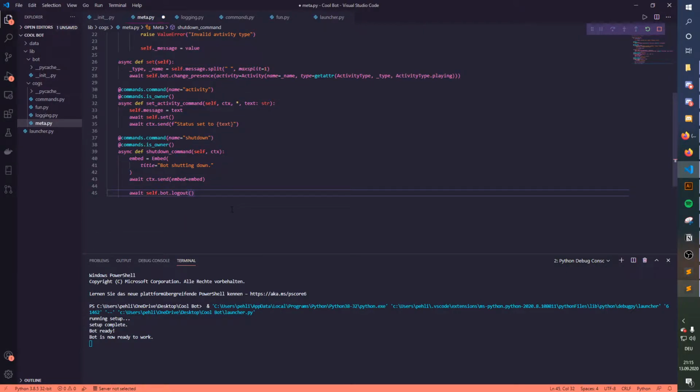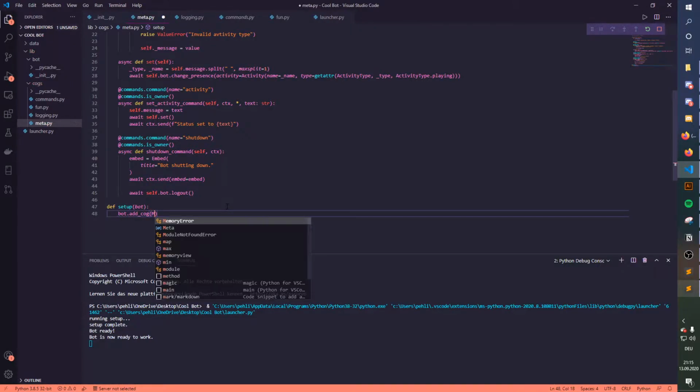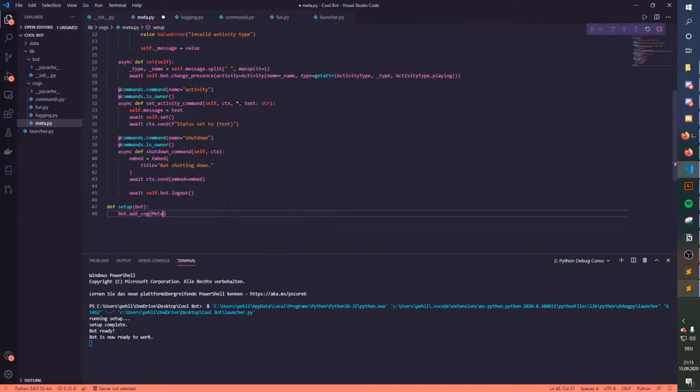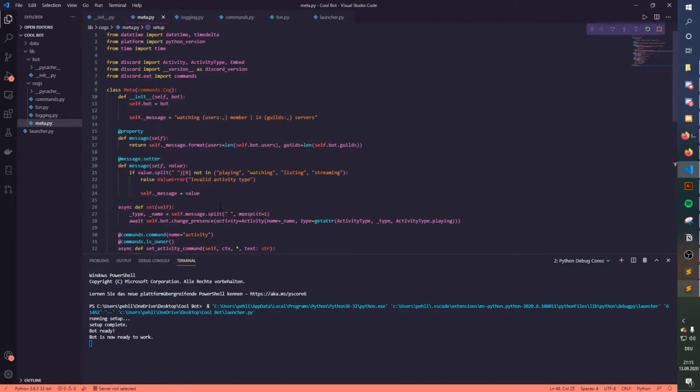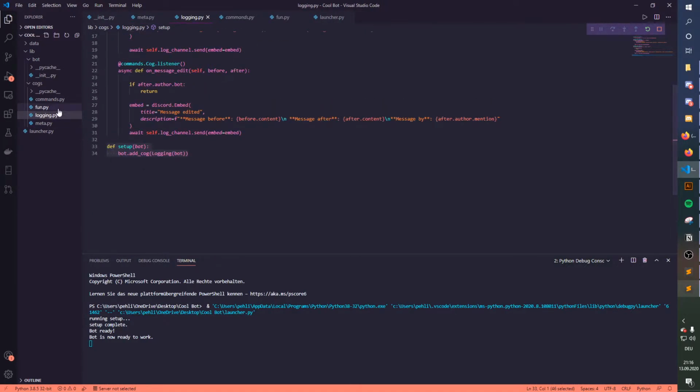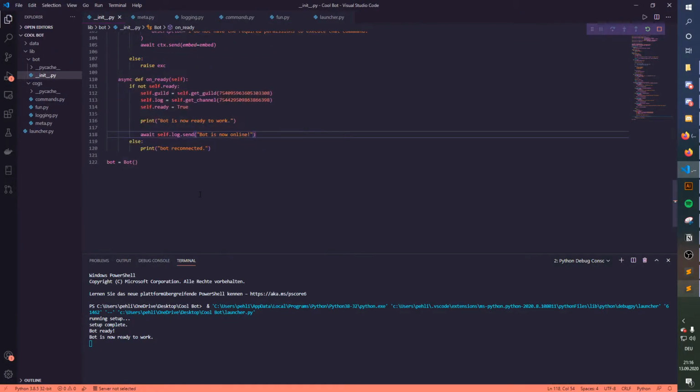And then we're making one last thing, that's just commands.Cog.listener async def, or you know, we're gonna do that somewhere else. We're now just making the setup function, def setup, our basic parameter bot, and in here we're gonna say bot.add_cog, like this, and we're gonna say Meta and basically bot. Right. What we're going to do now is we're going back in our initializer file, and down here on ready is basically where we're just gonna do